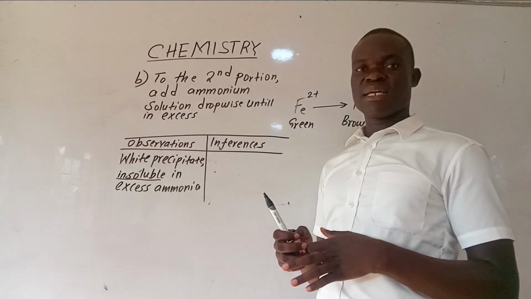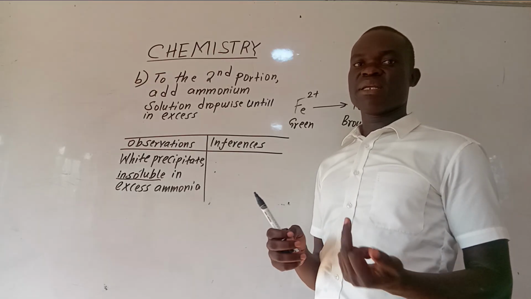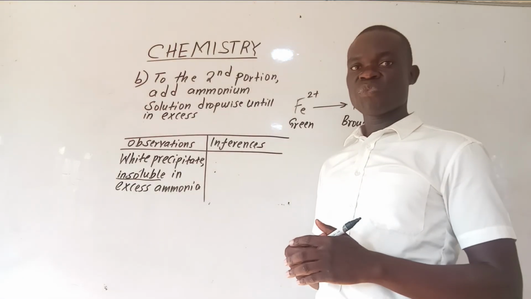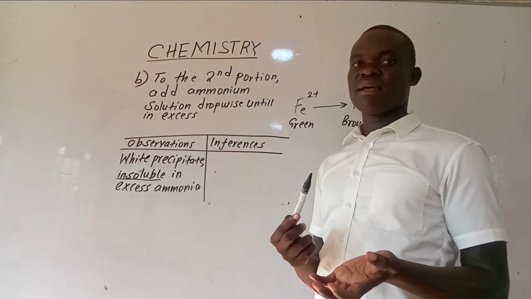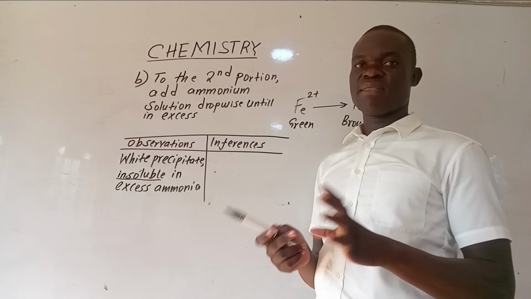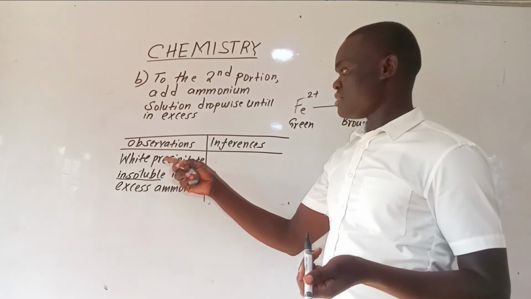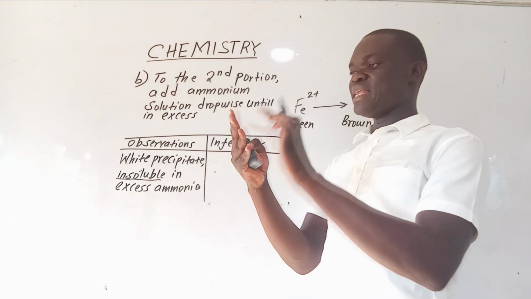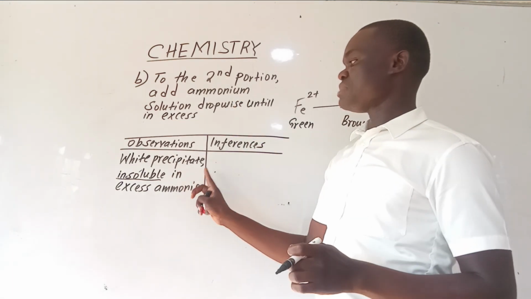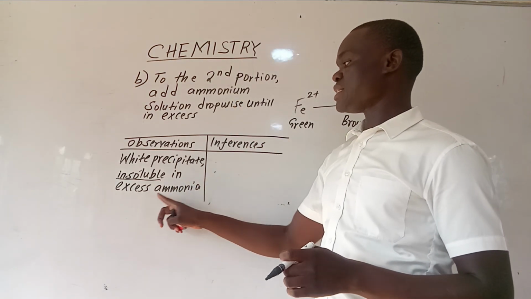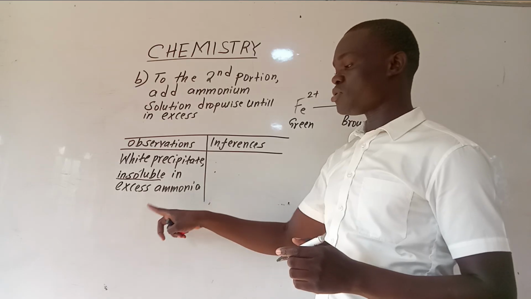In some reactions, they react as bases, but in some reactions, they act as acids. When they react as acids, they form different compounds from when they react as bases. So at this point, of the three, zinc, aluminium, and lead, when white precipitate becomes insoluble in excess ammonium solution,